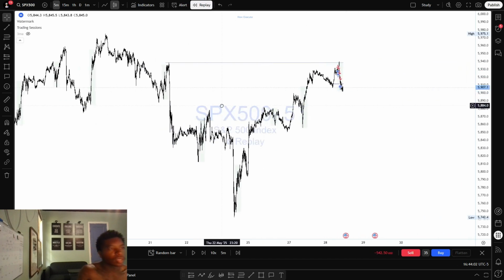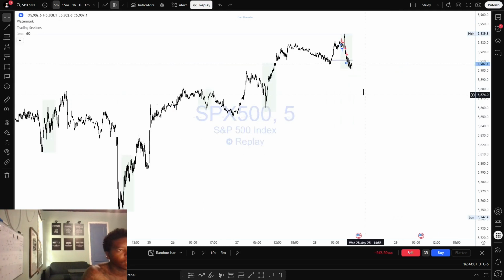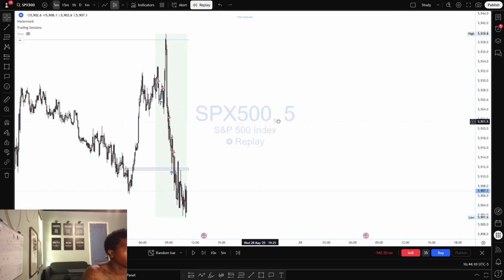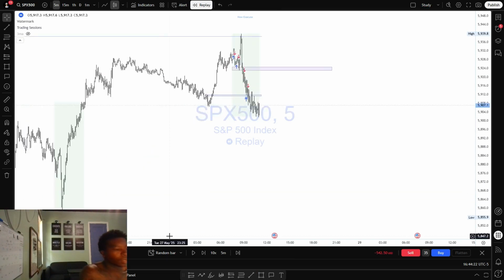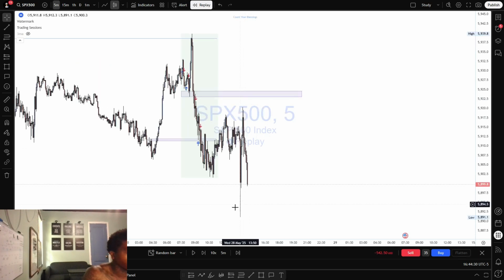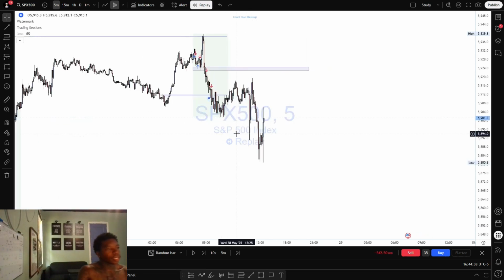So is this going to continue for the sale? Since it's done that, we did break under this low. Since we broke under this low, we are more so looking for where price can come back and retest. Of course, here's the area that I'm looking for. Okay, so it didn't come in, but again,